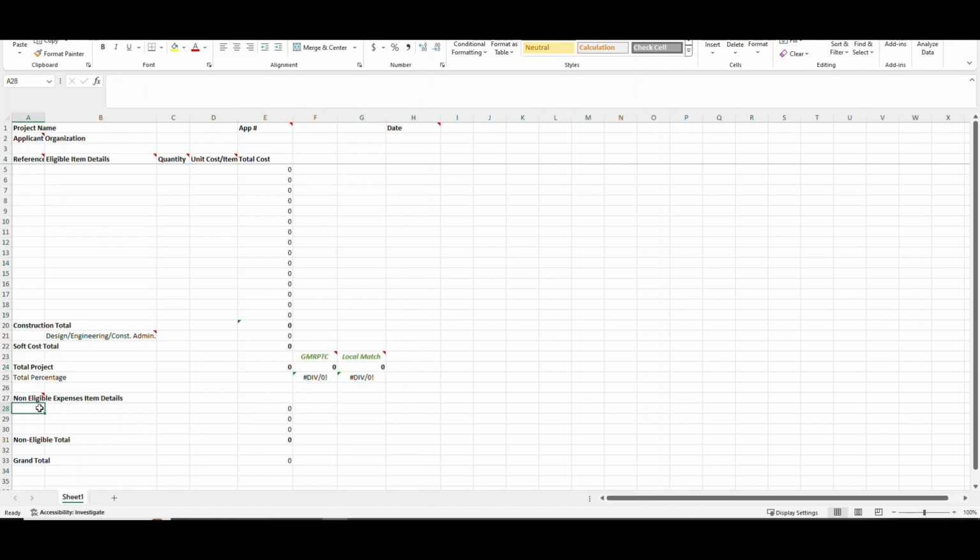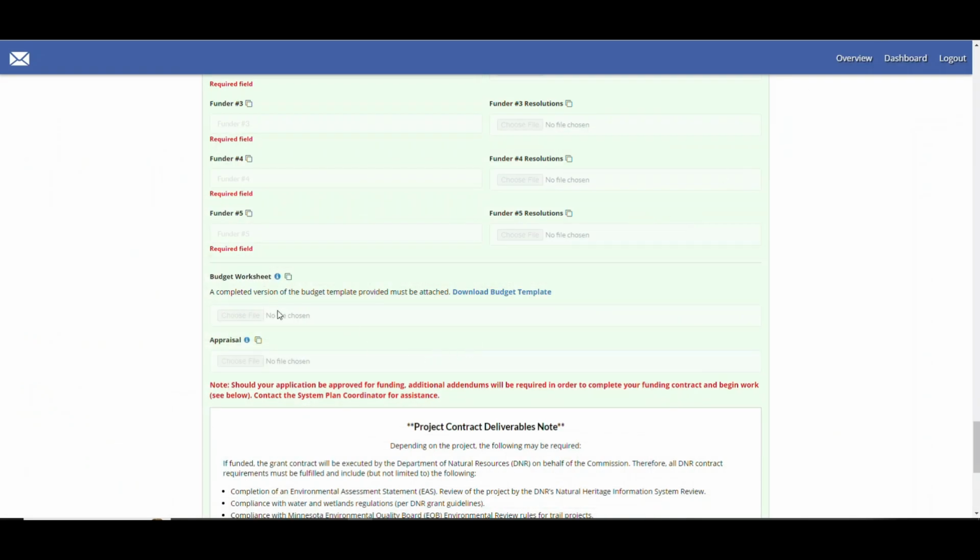Down below, you'll see non-eligible expense item details. Those are additional items that are not included in your project. Well, they are included in your project, just you can't apply for Legacy for them, whatever those items may be based on the content guidelines document. Include the information for those items here. We'd like to see what you're also putting into the project outside of the Legacy appropriate components. It helps to show that you have put good thought into what is going on in your project, and simply complete those things, save the document, and then you can upload it here just as you do any other file